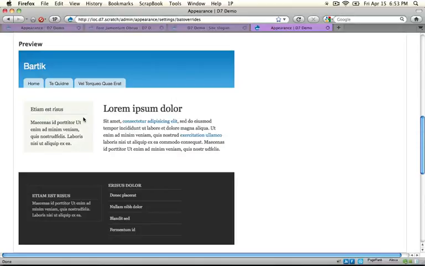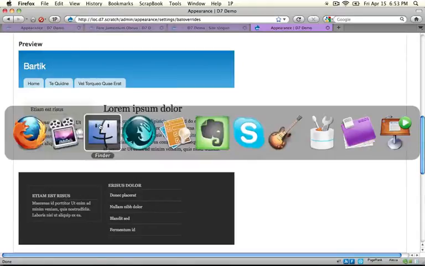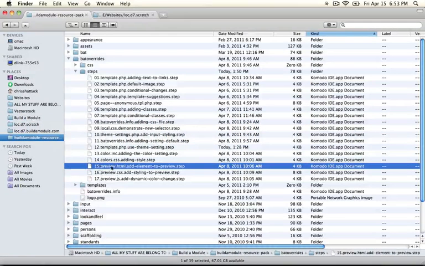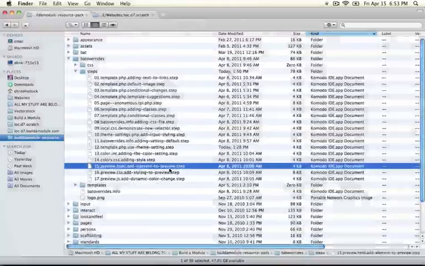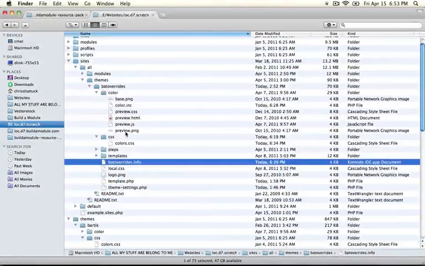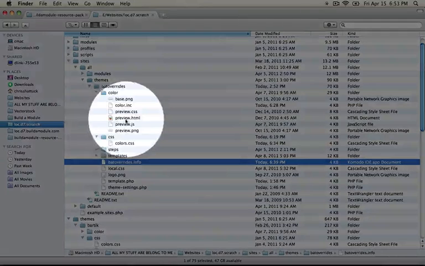First of all, we need to add the HTML to preview.html. Next, we need to add some CSS to our preview.css file. And finally, we need to add some JavaScript in order to trigger the changes to that background color when it changes in the preview.js file. Okay, go ahead and jump to your resource pack directory and open up the 15th step, which is preview.html, add element to preview. And then jump to your Drupal site directory and go ahead and open up the preview.html file